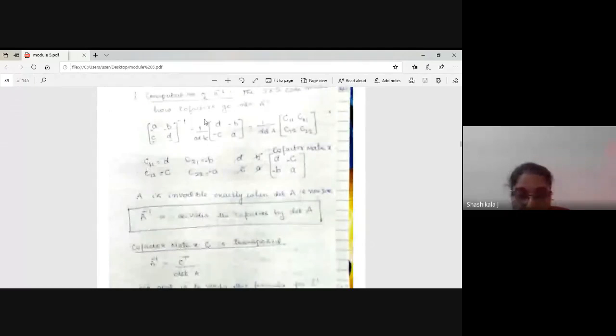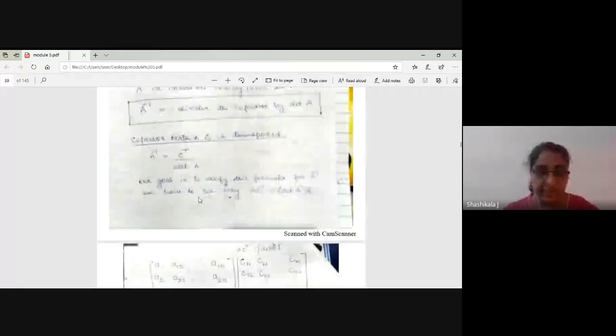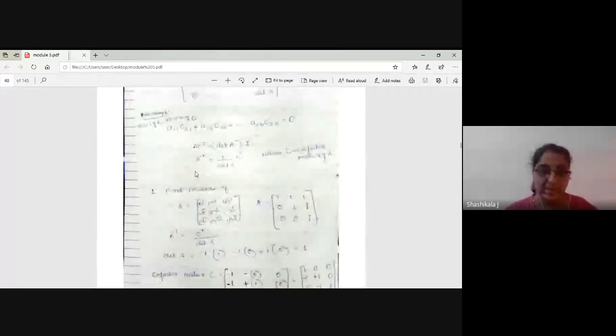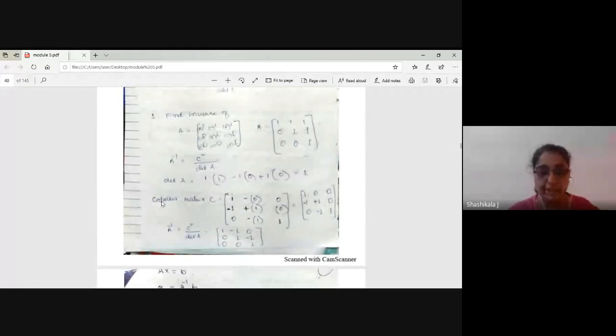Next, computation of A inverse. You know that A inverse is equal to the cofactor matrix, which you have to find, divided by the determinant of A. Whatever the size of the matrix, you can find this cofactor matrix, because you already know how to find it by the two methods: one is the big formula and the other is the cofactor method. And the second one here is the same thing, find the inverse by using this. You already know how to find the cofactor and this.